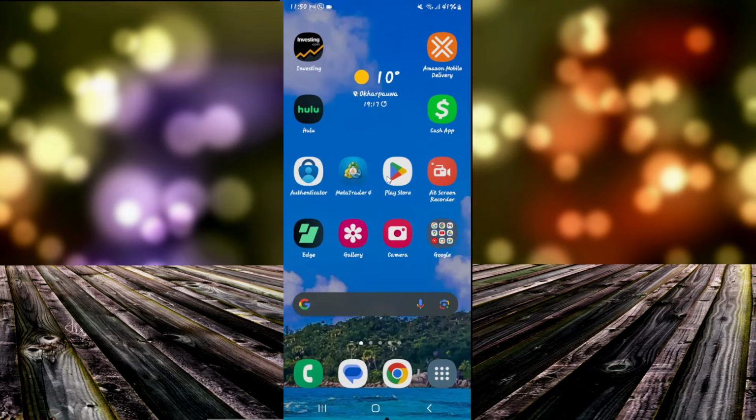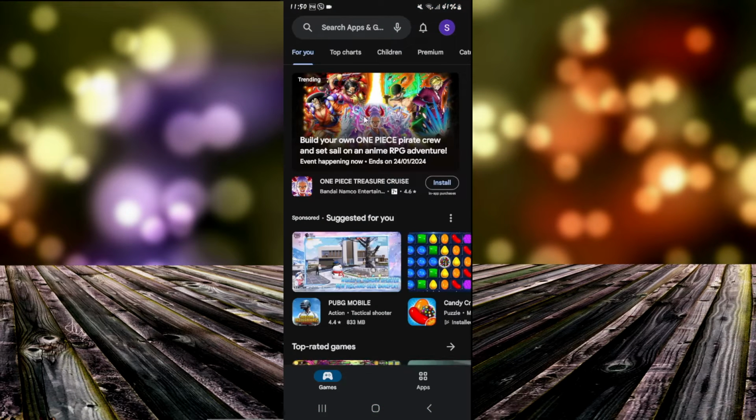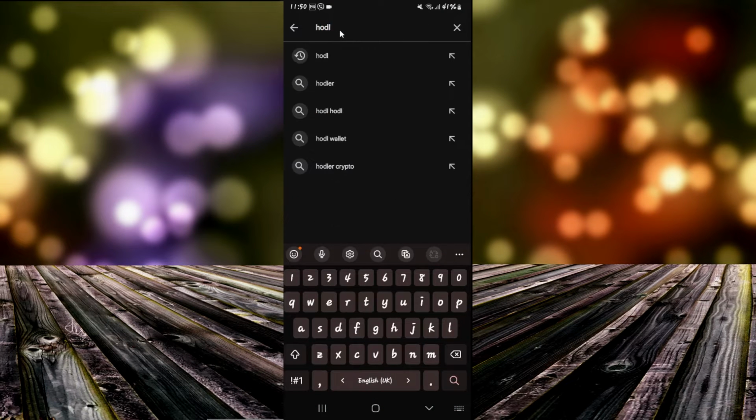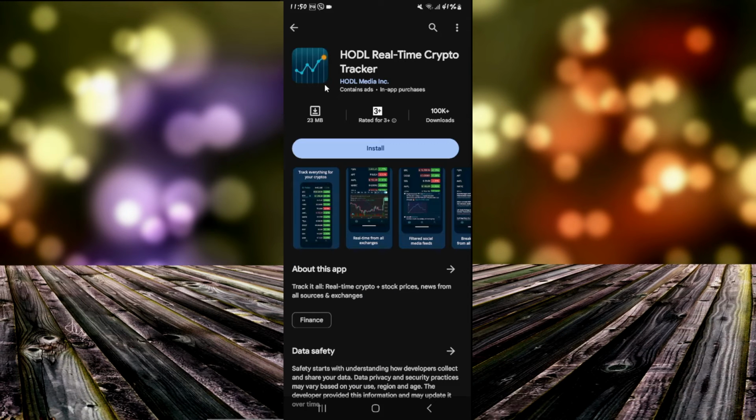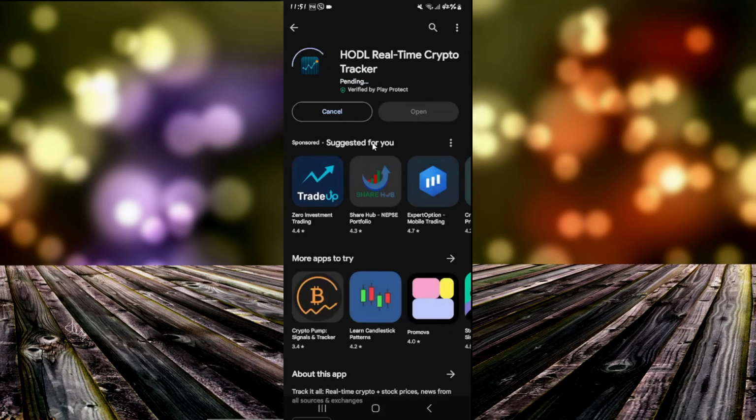First of all, open up the iOS App Store or Google Play Store depending on your device, and then tap on the search box and simply type in and search for HODL. Once you start the search, you will find the HODL Real-Time Crypto Tracker application. Go ahead and tap on the Install button, and this will begin the download and installation of the HODL application